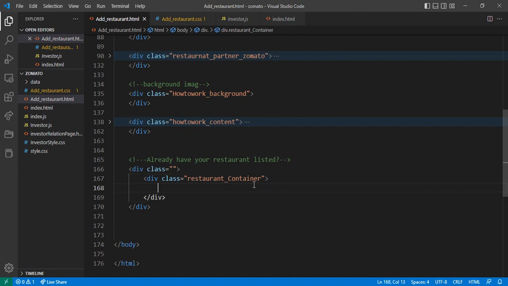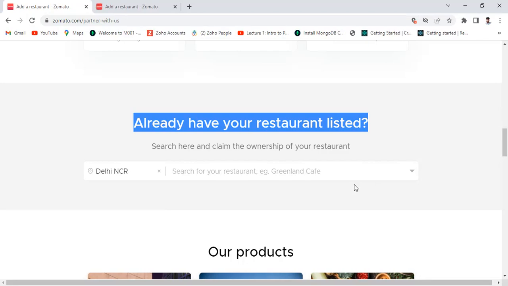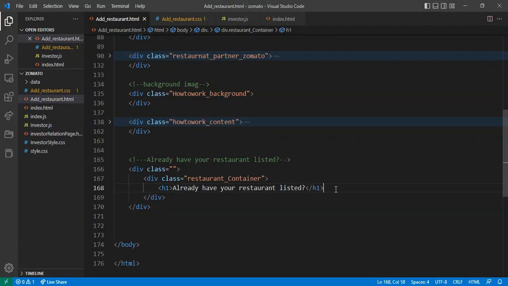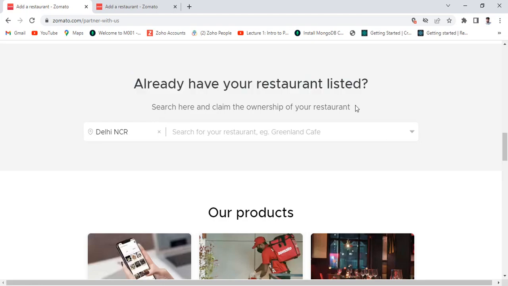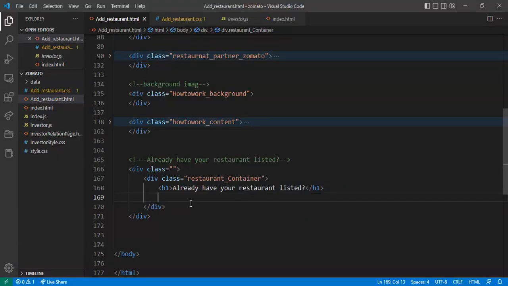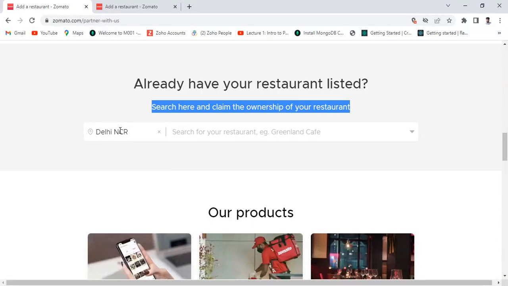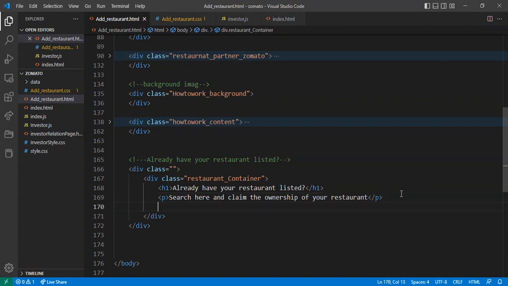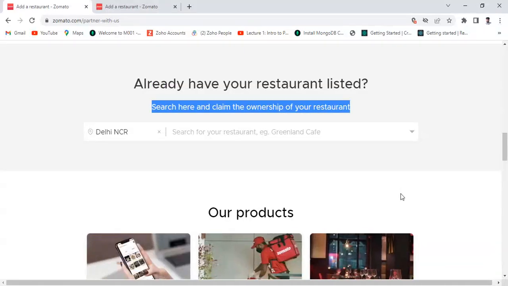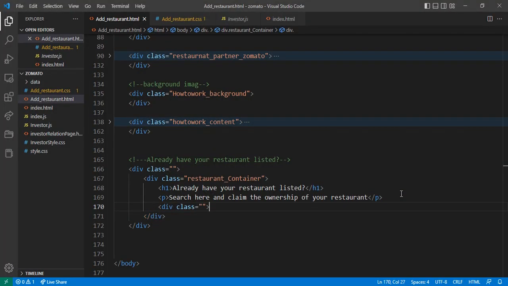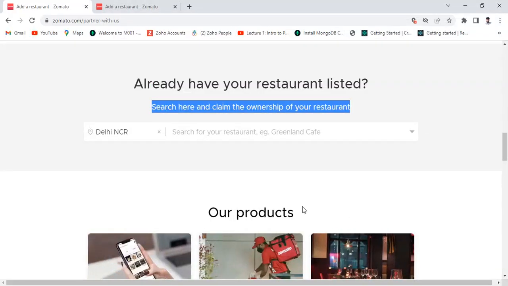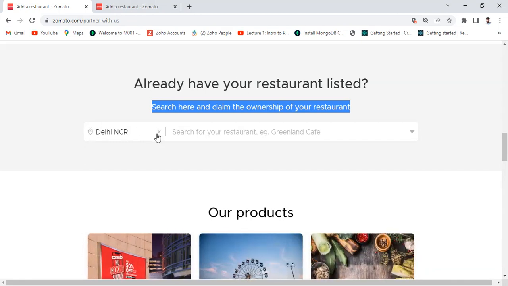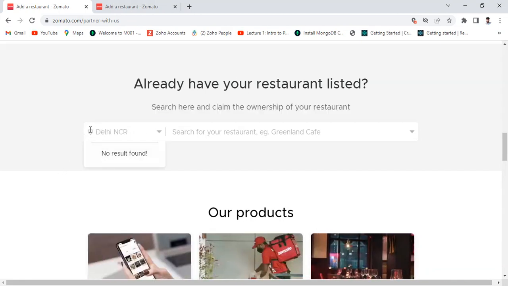And after that I want to add this heading, this one will be h1. Let me copy this, paste here. After that I want to add this search, this will be the p tag, just copy this and paste here. After that I want to add this content div class, and the class we will add later. And here you can see on the left side I want to add a drop down menu. Before that I want to add